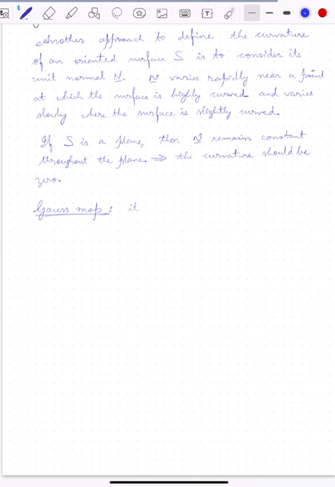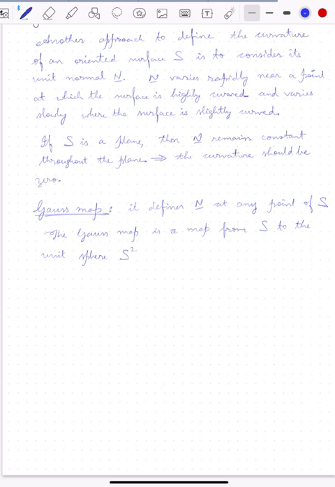It defines n at any point of the surface S. So which means that a Gauss map is a map from S to the unit sphere